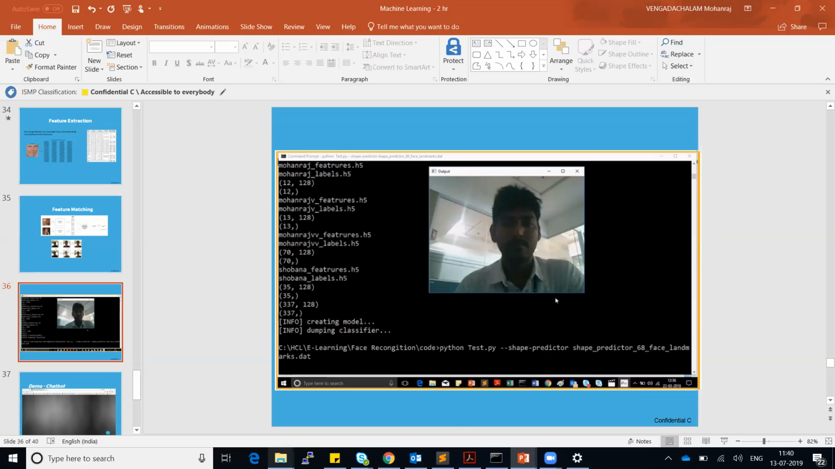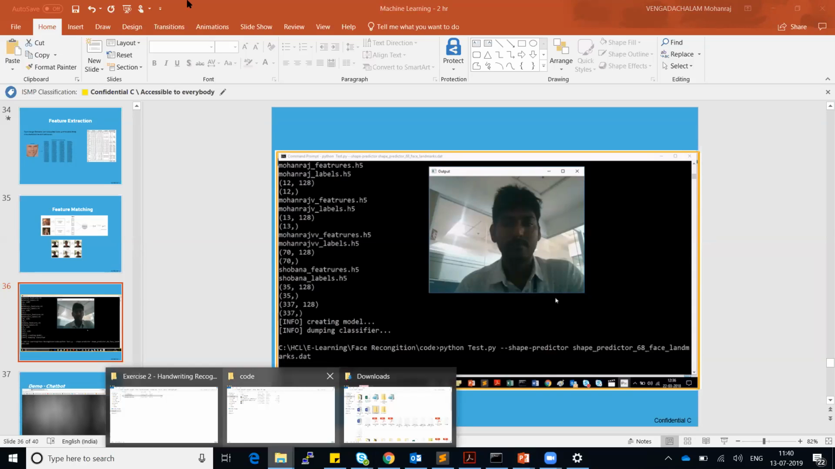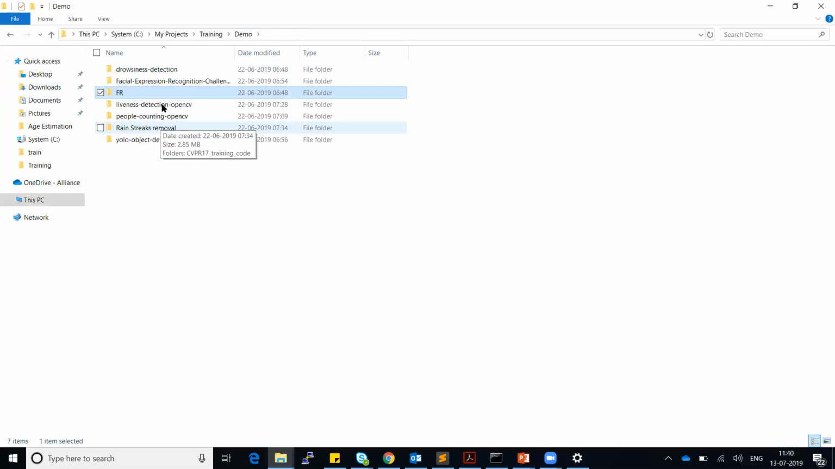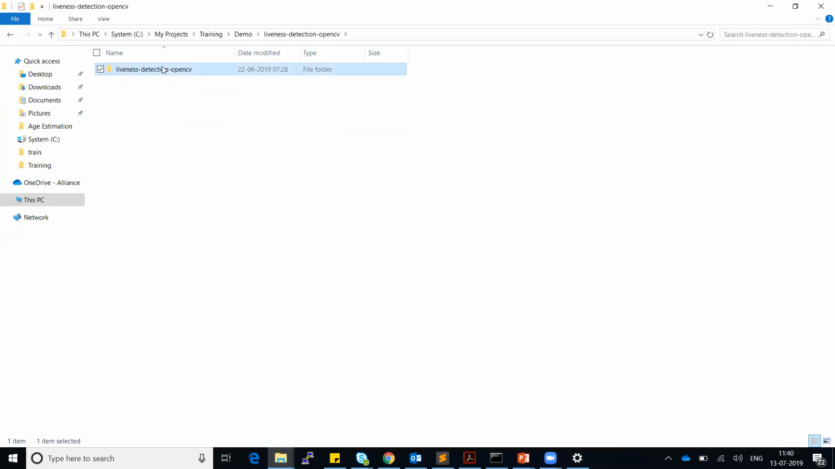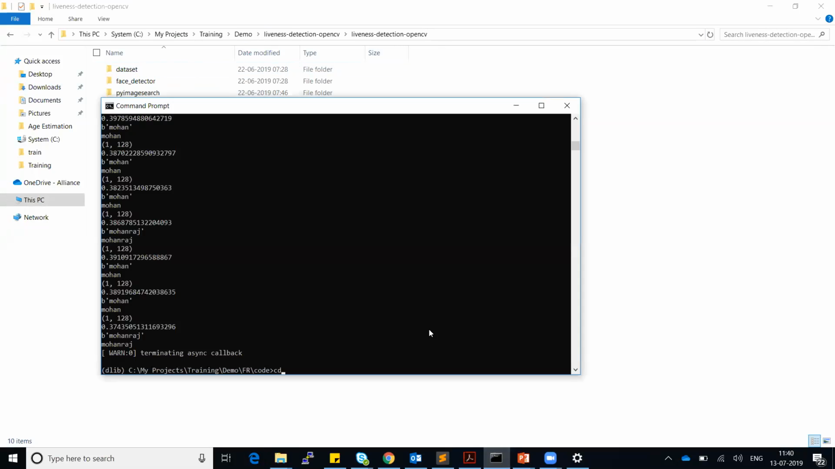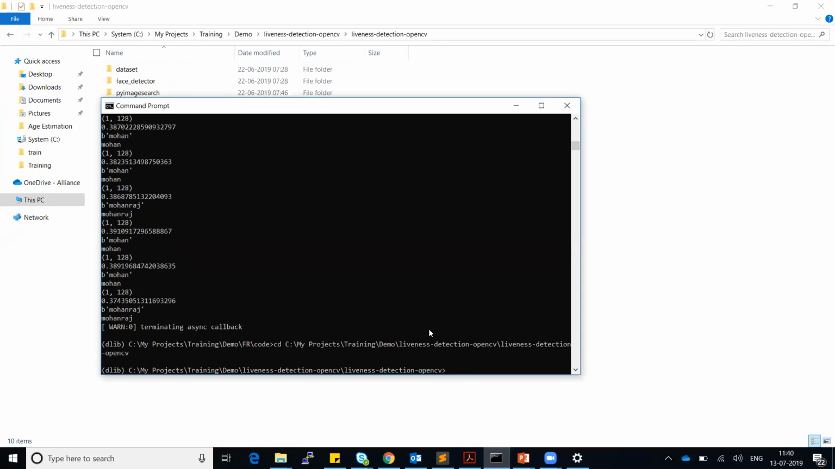So let's see an application for face spoofing attacks. Basically we call it liveliness detection. Liveliness means whether the person is really in front of the camera or is using some medium to identify the